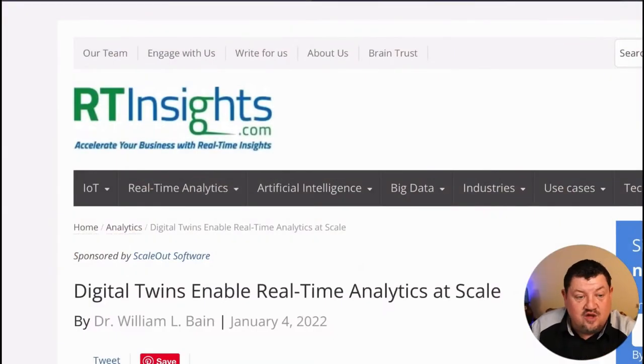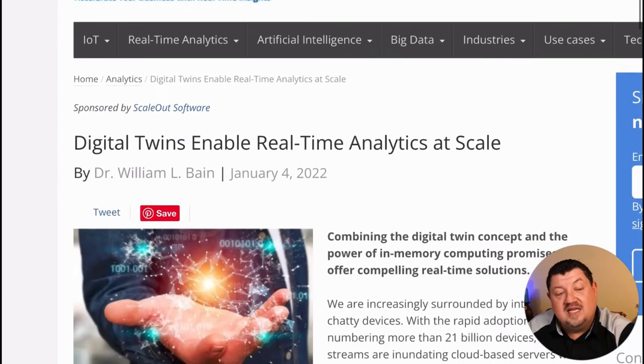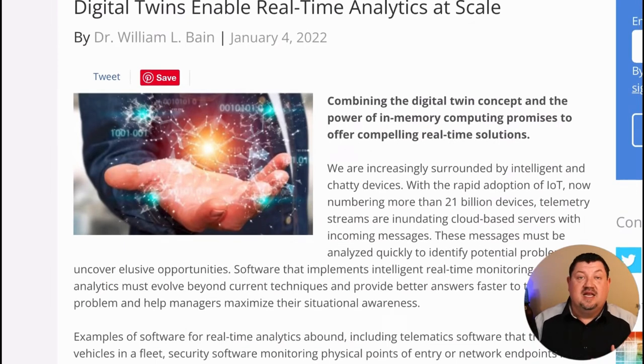Now, let me share this article that I found that was written back in January by William Bain for rtinsights.com. When I see headlines that mention analytics and the term "at scale," the performance engineer in me pays attention. So this article says that digital twins enable real-time analytics at scale. It's a little bit misleading, because it talks about two different concepts here: one is in-memory computing and one is the digital twin. I think I want to talk about in-memory computing and make that a separate podcast episode, but